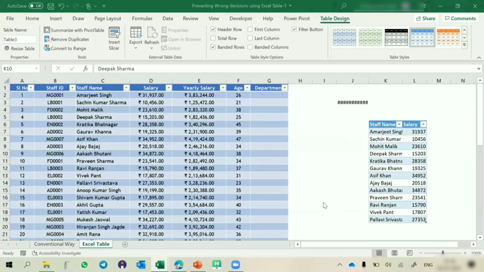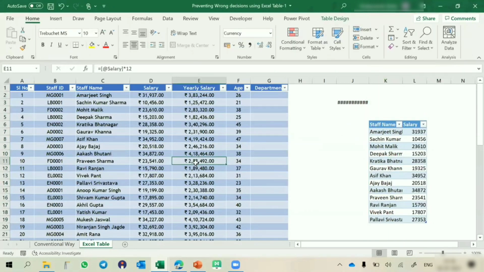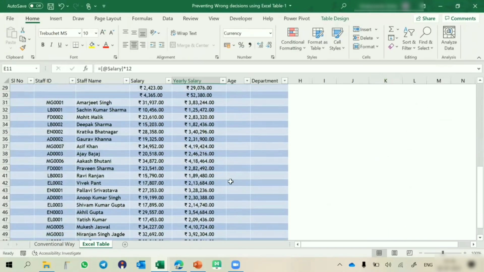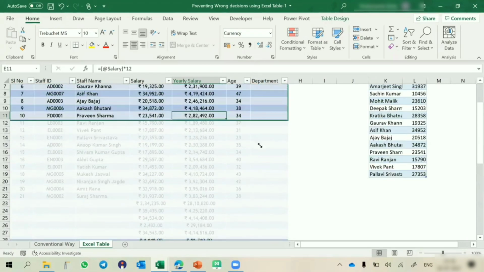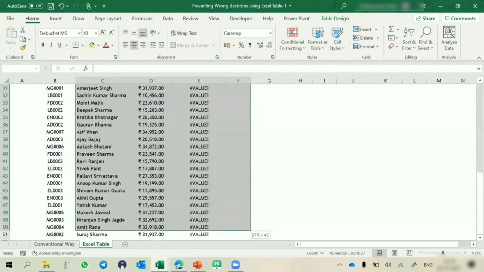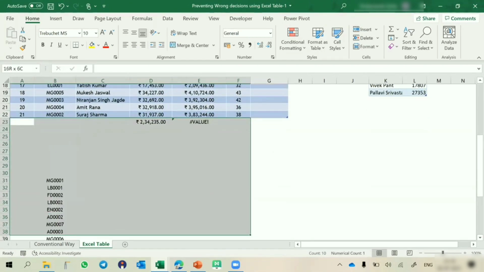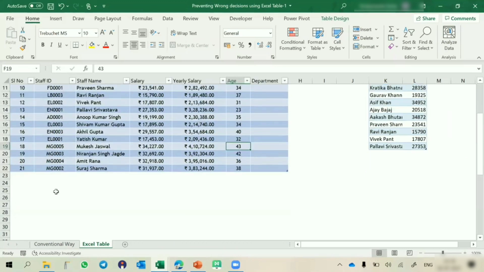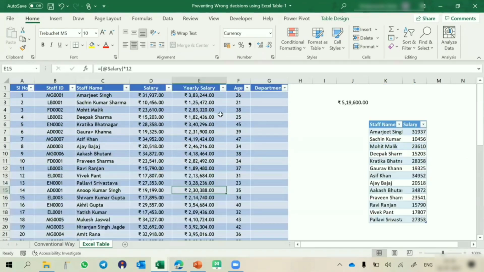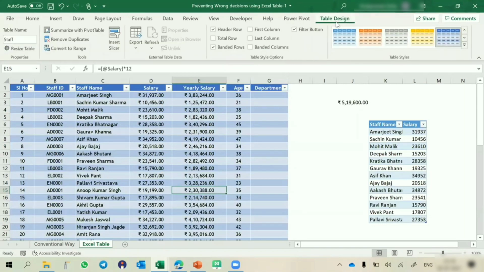चलिए, let us see, let us move further. Now if I am going to create a table, so let us इसको delete कर देते हैं पहले, let us delete this, let us keep it. Now most of the time what we do, we generally apply total row भी use करते हैं in the bottom. So if I am going to use a table, so मुझे क्या करना है, I'll go to table design,